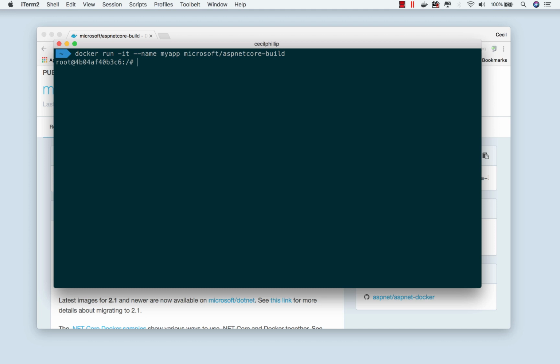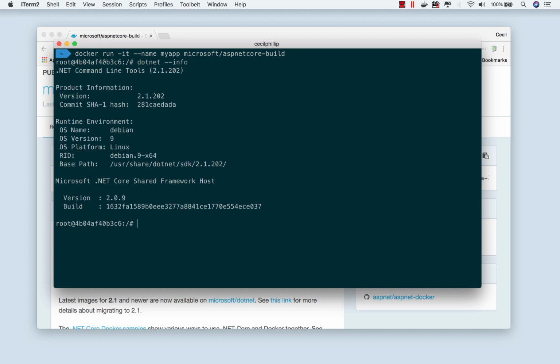and we're now connected to it via an interactive terminal. So since this is a .NET container, I should be able to type in dotnet --info to get some info about the .NET command line tools and SDKs that are available. I could also type in uname -r, and this should give me some information about the operating system and kernel since I am running on a Linux container.